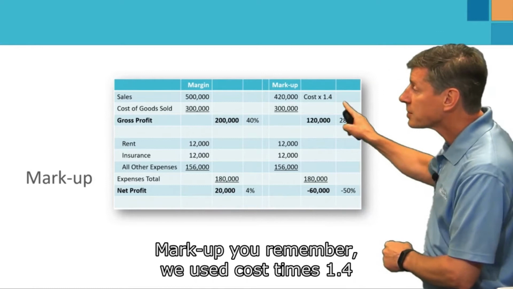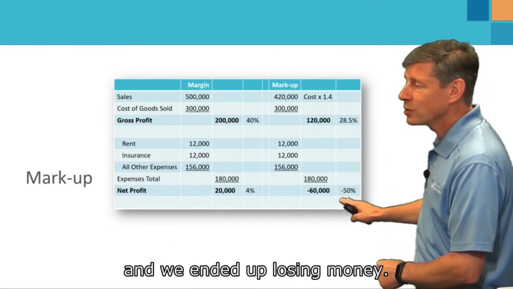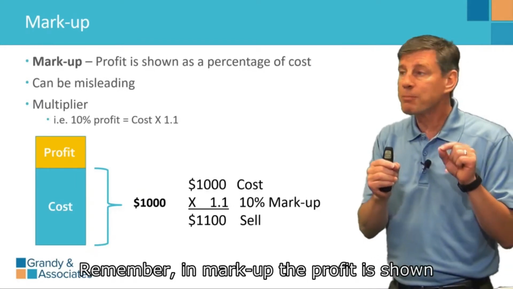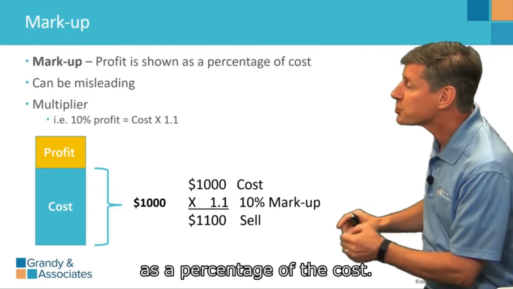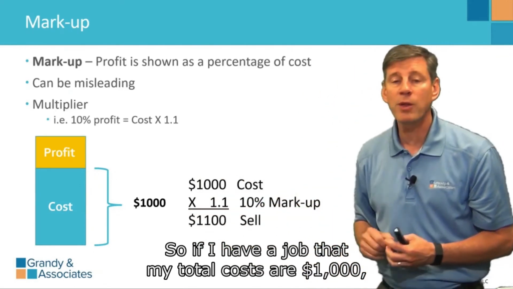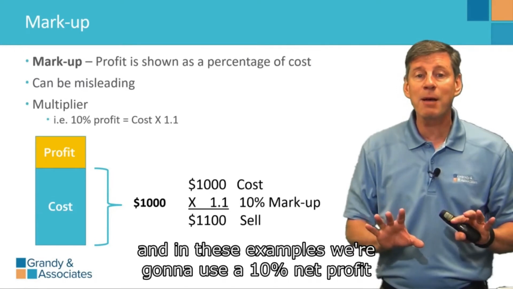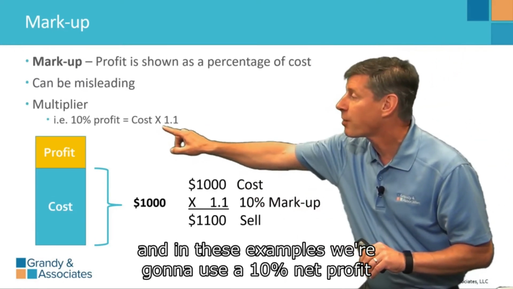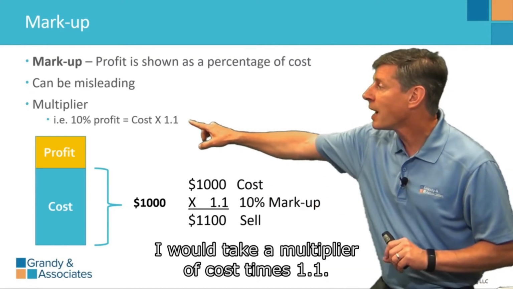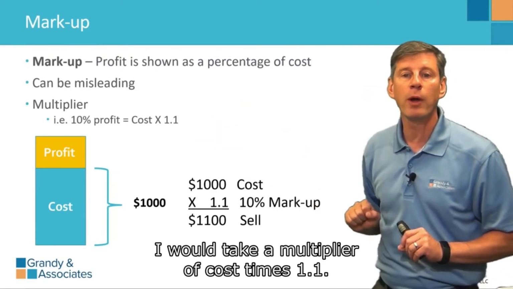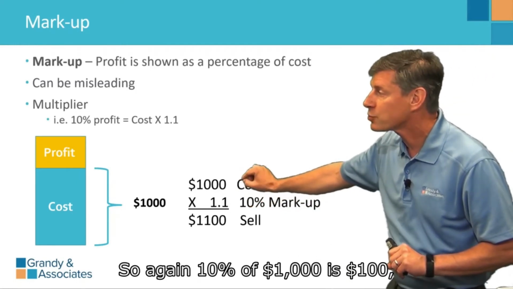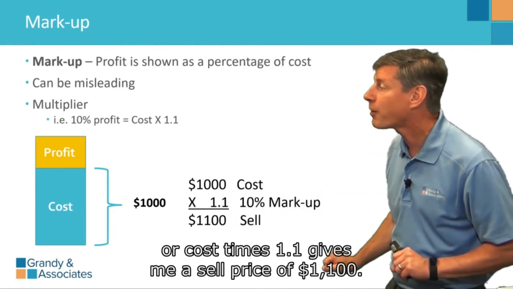Markup, you remember, we used cost times 1.4 and we ended up losing money. Let's just dig into that a little bit more. Remember, in markup, the profit is shown as a percentage of the cost. So if I have a job that my total costs are $1,000, and in these examples, we're going to use a 10% net profit to keep the numbers simple. If I'm shooting for a 10% net profit, I would take a multiplier of cost times 1.1. All right, so again, 10% of $1,000 is $100, or cost times 1.1 gives me a sale price of